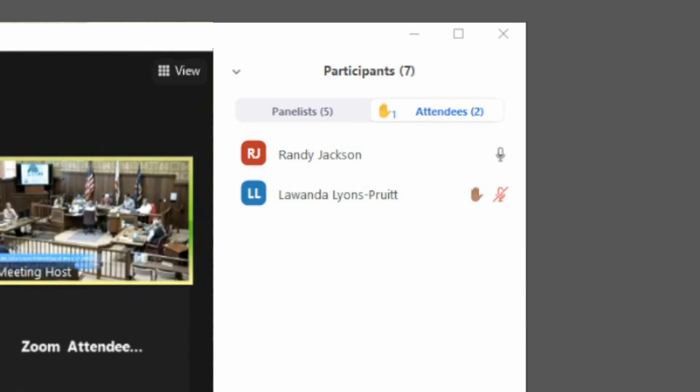Panelists are people such as City Council members and city staff, that have been given special privileges for the ability to make presentations with visual aids, such as PowerPoint slides. Attendees, on the other hand, are a class of participant for the general public that does not require to be on screen throughout the entire meeting. By being placed in this class, attendees have more freedom to join and leave the meeting without disruption to the